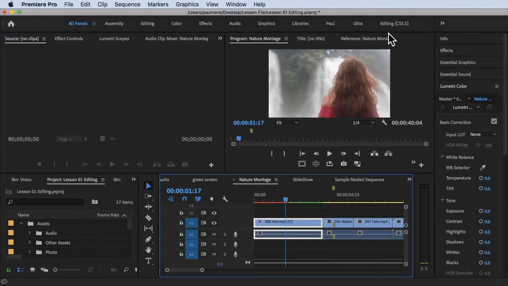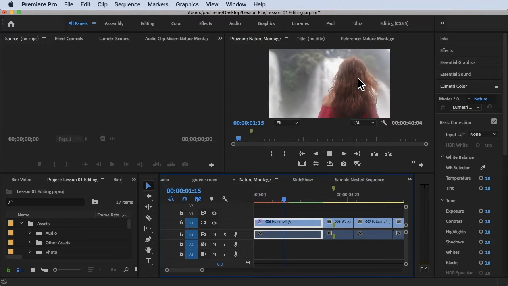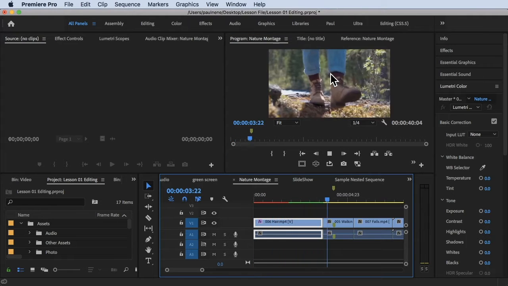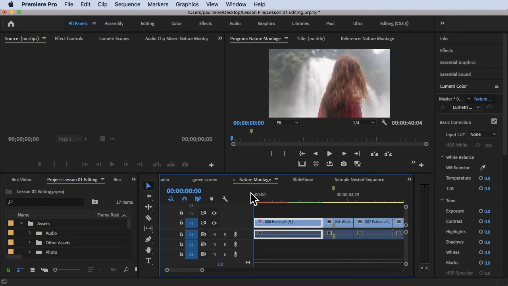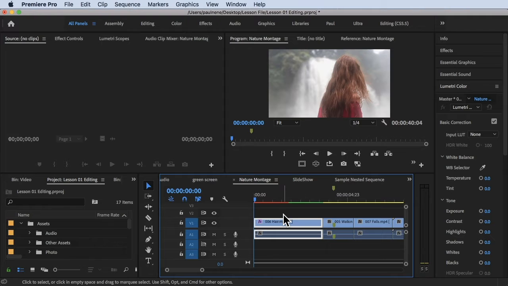Say, for example, your client requires you to have a video because he will upload it to Instagram or some social media platform that needs a square video. So what you can do is do it manually. But as you can see, my subject here is moving from here and then moving to the middle. If you have a video where the subject is moving left and right, you will have to manually